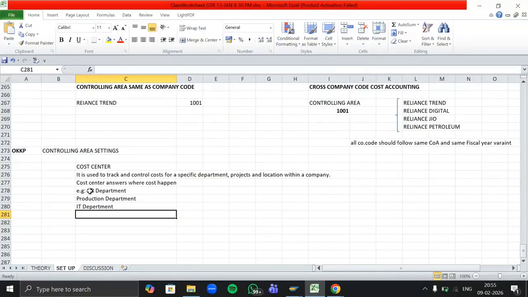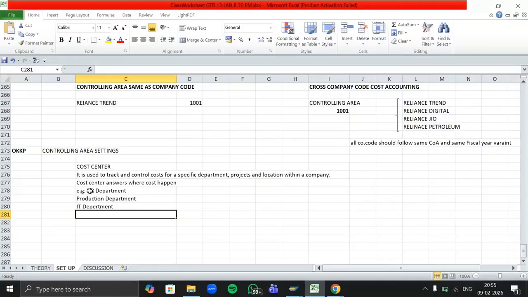Now if you know which department is making how much amount of expenses, then we can analyze it and we can control it, right? So we can reduce the expenses there. Then whatever forecasting we have done, that okay, this much amount of expense we are going to make this year, that forecasted expense and whatever actual expense we have made, we can differentiate it. So with this we can help our internal management for tracking the company's cost. So cost centers will not track any company's revenue, it will just track the company's cost only.